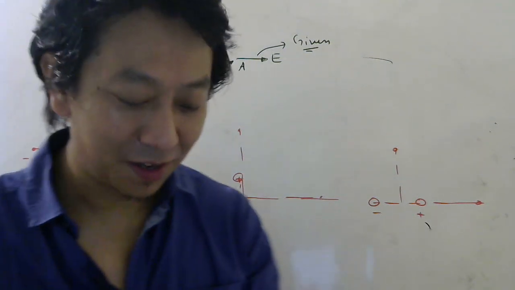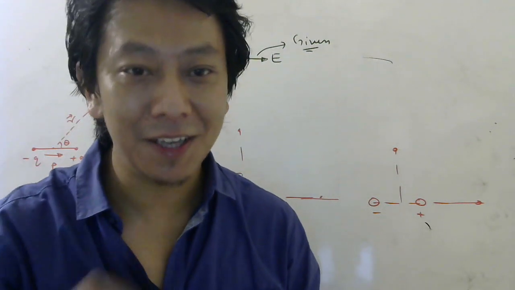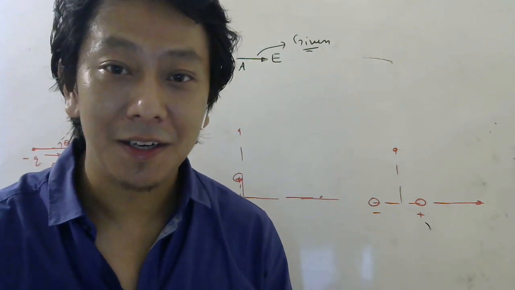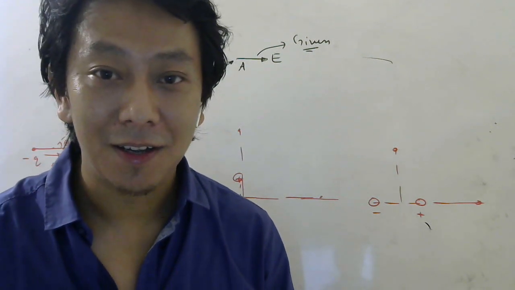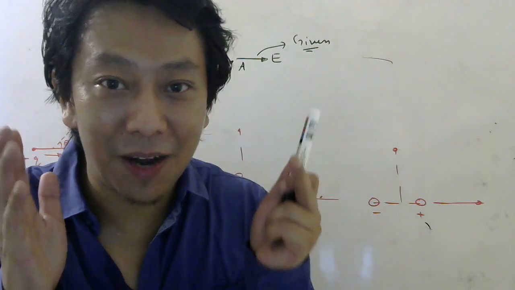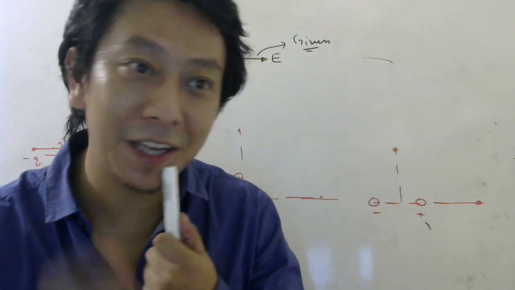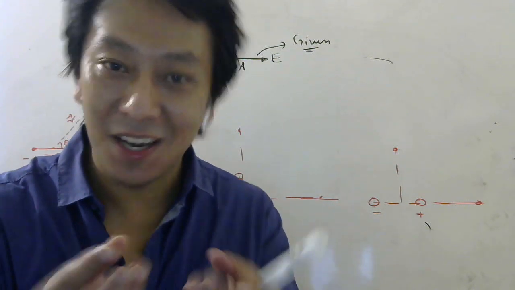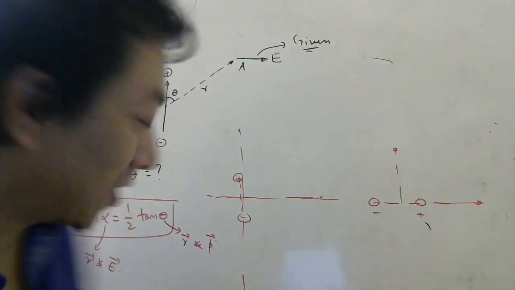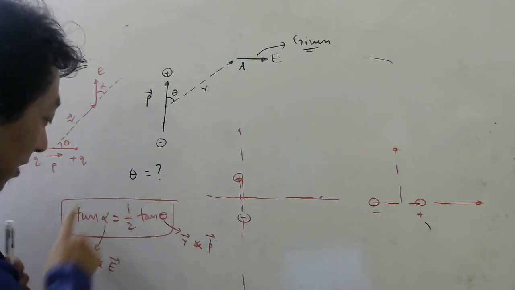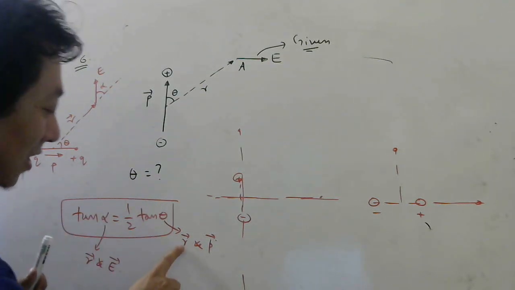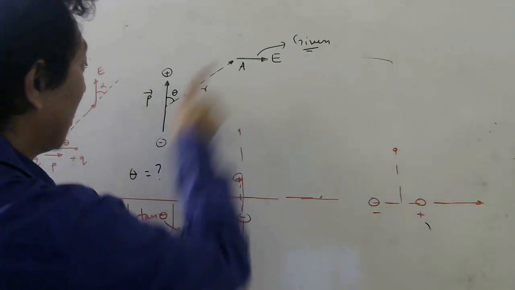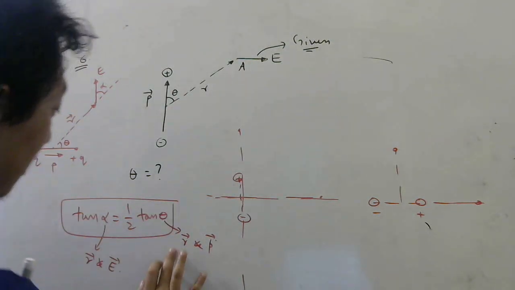Sometimes what happens is that while studying I study (a plus b) whole square, then in the exam they ask (x plus y) whole square. If you are not smart, you may get confused. You should not get confused. They are just symbols. What is important is the meaning. While deriving this formula, theta was the angle between r and p. Here also it is the angle between r and p. So no problem, this theta is the same.